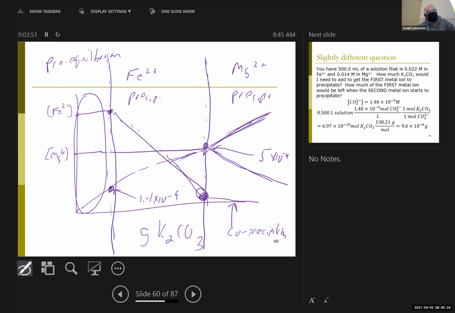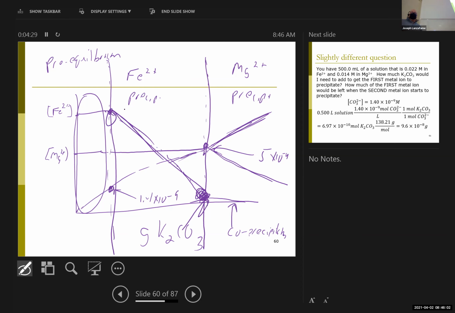Because my effective separation of the iron ends here. At this point, the magnesium starts precipitating, and because hopefully I chose my salt carefully for solubility, I should be mostly precipitating magnesium, right? And so any iron that's left there is really just an impurity in my magnesium, right? And so all I really care is what happened between here and here. So it's only really the endpoints of that frame that I care about,